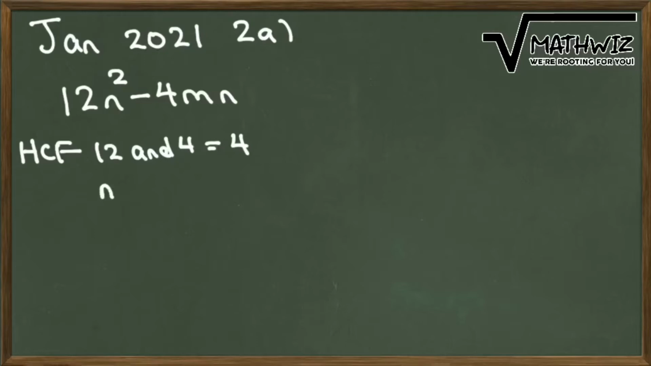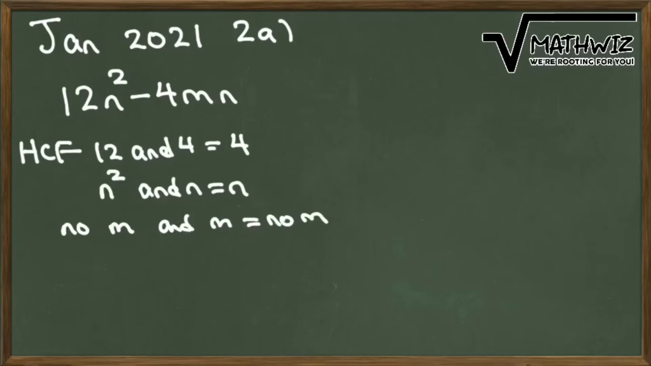The HCF of n squared and n would be n. So the first thing you do is find the highest common factor of all the numbers and the letters. And the highest common factor when we have no m and 1m is no m, so we put no m on the outside. It's only if it's common that we put it on the outside, right? So that's how we do it. On the outside, I'm going to have the highest common factor,